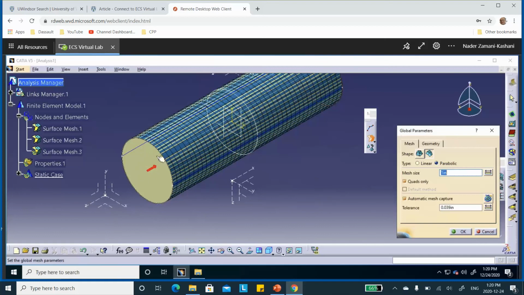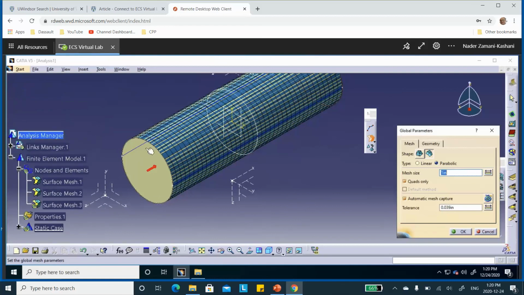But what I should have done is to join this surface. Remember this surface that I extracted the edges and then filled it? I should have joined the fill and then made sure that the direction of the arrow of that join is outward. It doesn't matter in this problem, but in some problems it could be